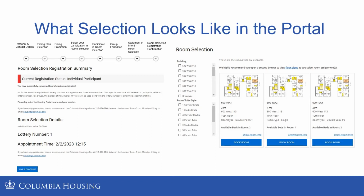When it is your time, you will land on the selection portal, which is the image on the right. What you see in this is a breakdown of buildings and room suite styles on the left-hand side, and you'll be able to see the actual rooms that you are selecting on the right-hand side. For example, 610A1 with 2 beds, 10A2 with 1 bed, etc. What's important here is that you will not be able to select into a space that you cannot fill. So if you are participating as an individual, you will only see corridor style singles. If you decide to participate as an individual and we run out of corridor style singles, then unfortunately, when you log into the system, you will not see anything. You will have to wait until the guaranteed assignment list is open